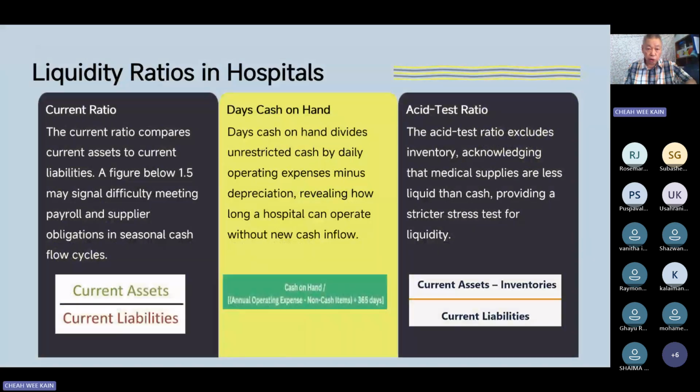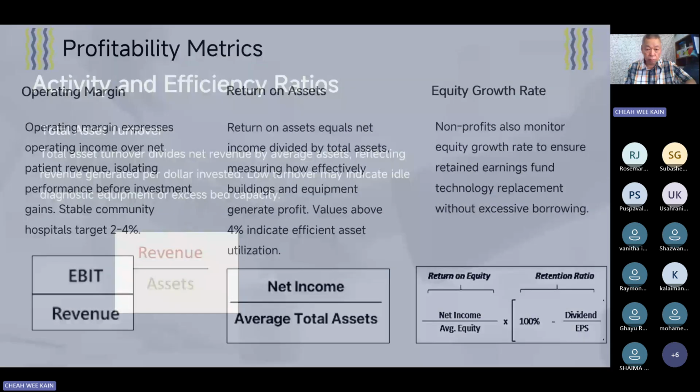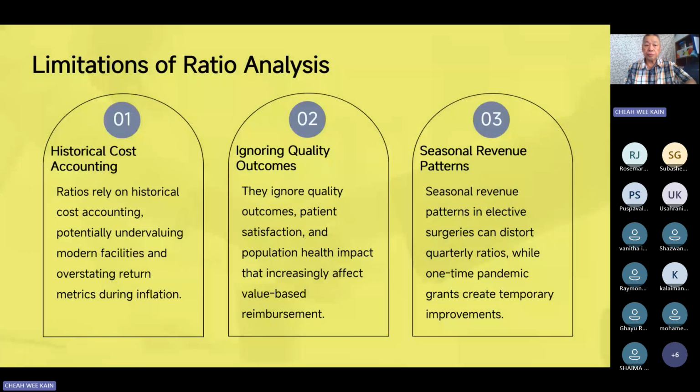So there are many type of ratios: profitability, efficiency ratio, benchmarking. So what's the limitation? Ratio is talking about the past, because the accounting documentation is reporting what happened in the past. It does not signify what will happen in the future. So when you're doing ratios to do decision making, please remember your ratio, is it the past historical ratio or a forecast future ratio? Okay, and many cases, we have subject like a quantitative method to teach you how to do forecasting for your future.